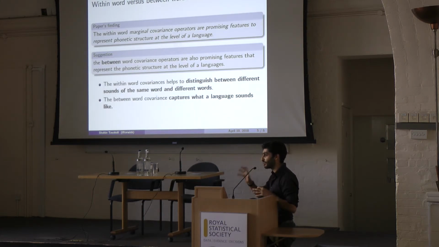You have two things. You have the within spoken word covariance, and when I take covariance, I don't mean exactly covariance, I just mean patterns of variation. And this allows you to do what? It allows you to distinguish between the sound of a word and the sound of another word. And this is different for different languages. So in Chinese, you have the different versions of ma, two of them being ma and ma. And to an English speaker, they would sound the same, but to a Chinese speaker, they sound completely different. And underlying this is that the Chinese speakers have developed a sense of the covariation that is different from that of an English speaker. But so within spoken word covariance or variation allows you to distinguish between words, but I